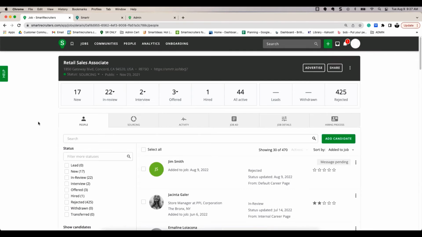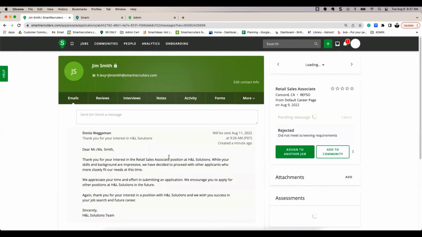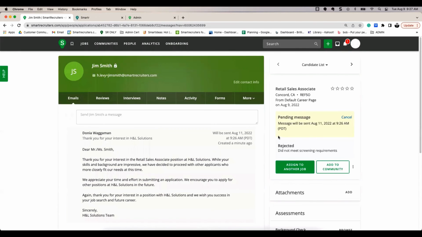The candidate application I submitted was named Jim Smith. When you access the jobs people list, you will see Jim's application at the top of the list and notice that he has been rejected with a knockout screening question, rejection reason pending. If I open up Jim's application, you will also notice on the right-hand side of the screen the rejection reason that we selected when configuring the question set. It does match, so we can see that Jim did not meet the screening requirements based on the knockout question